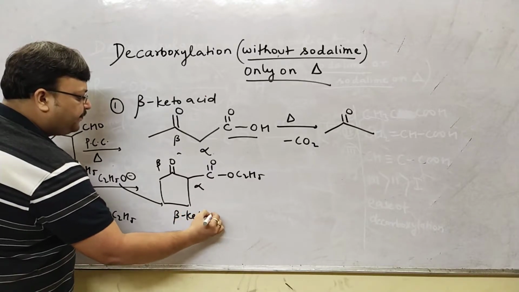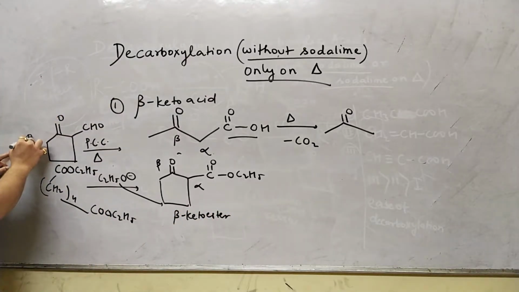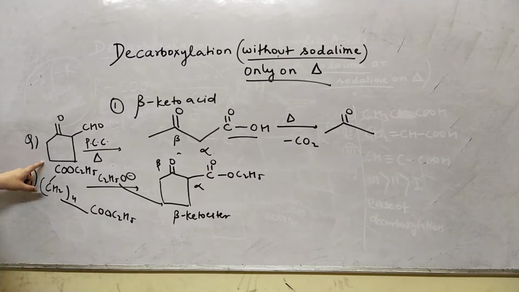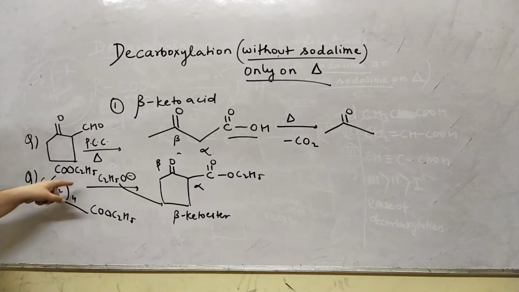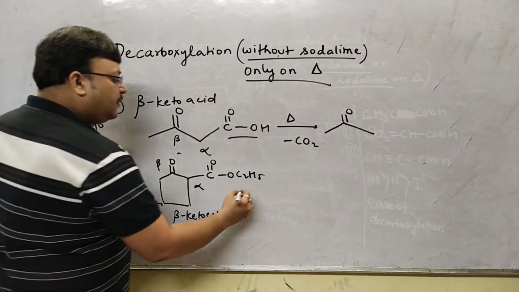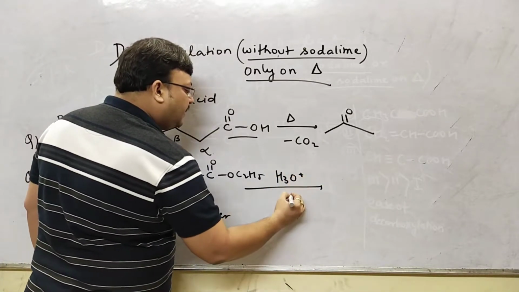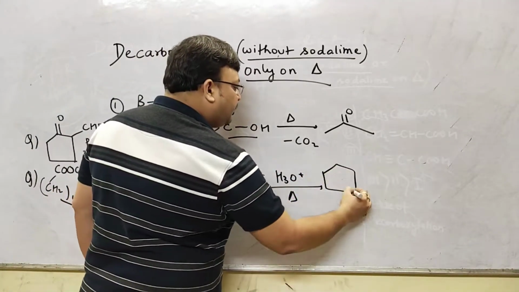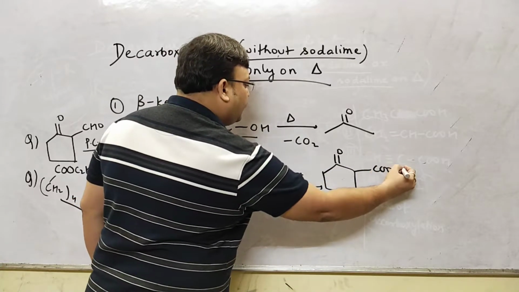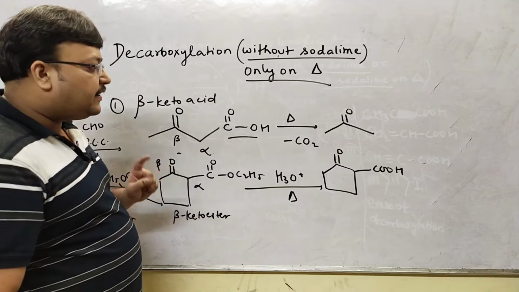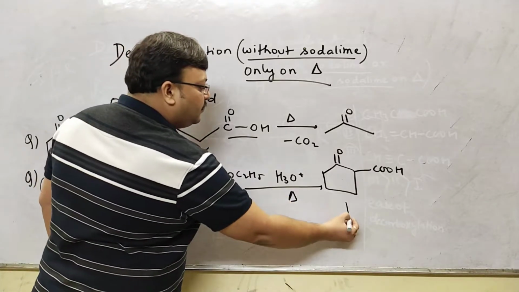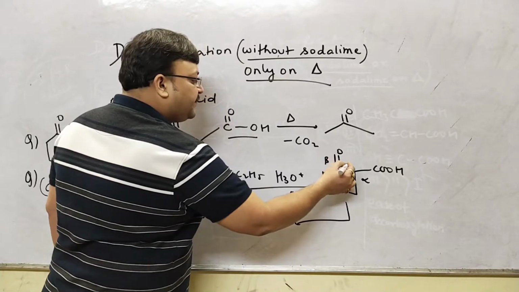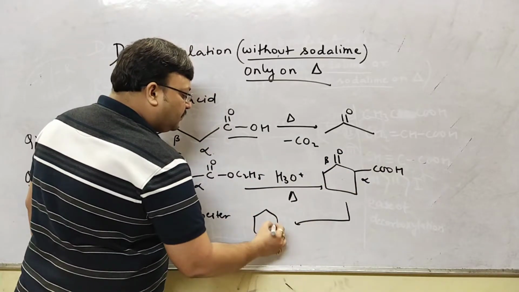This will be the product of this compound, which is a beta keto ester, a cyclic beta keto ester. So this could be a question of this kind: this one oxidation will become COOH, but on heating, you'll give only cyclopentanone as the answer. This could be a question where intramolecular Claisen-Dieckmann, hydrolysis and heating are involved. Now this one, hydrolysis on heating, will initially give you yet again this molecule, but this will not be the right answer. The right answer would be, because there is heating involved, you will want to identify this as a beta keto acid and you will want to remove carbon dioxide. So this will be the right answer.